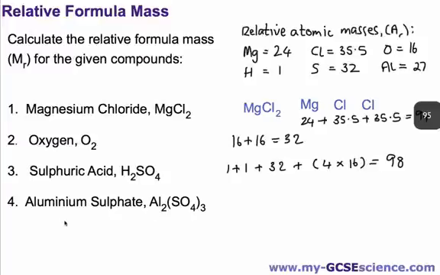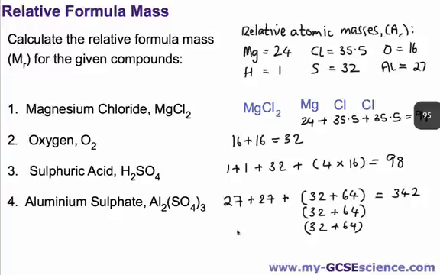And for aluminium sulfate, this is the complicated one. I'll put the calculation on the screen for you, and you can see whether you got that right or not. So there's the one for aluminium sulfate. You've got aluminium, which has a relative atomic mass of 27, and there are 2 of those. But remember, in the SO4 here, the 4 applies to the oxygen, so there I've put the 64 because that's 4 16s. But we've got brackets